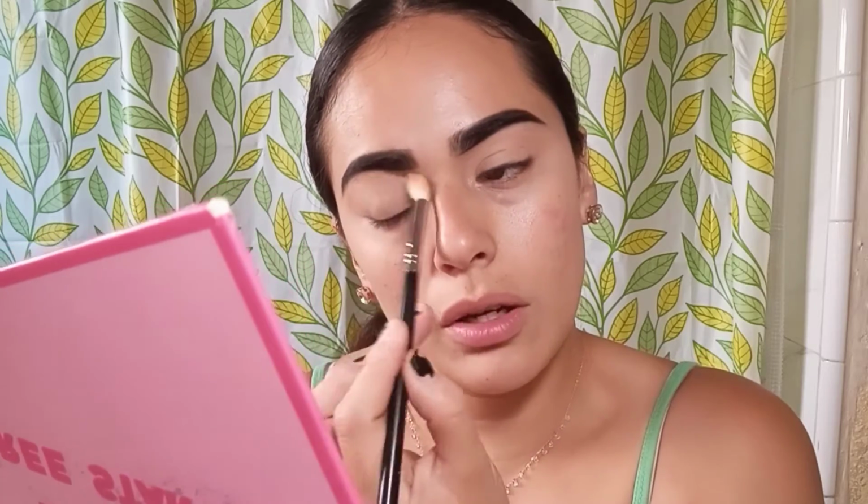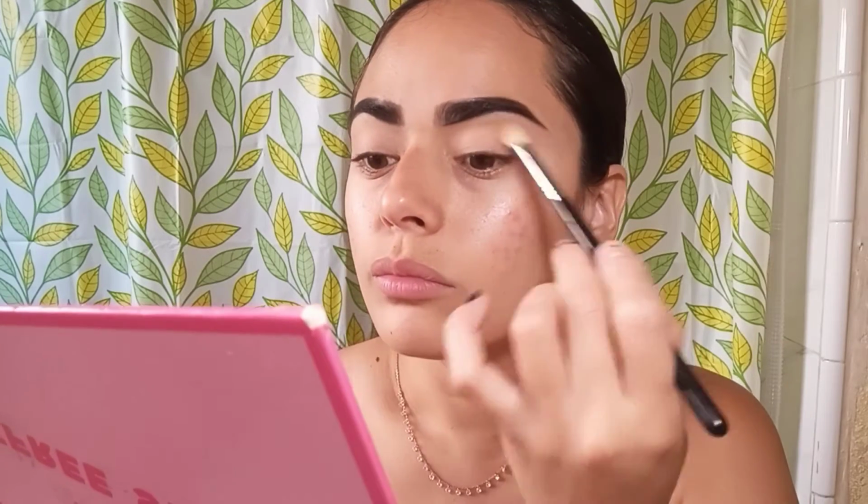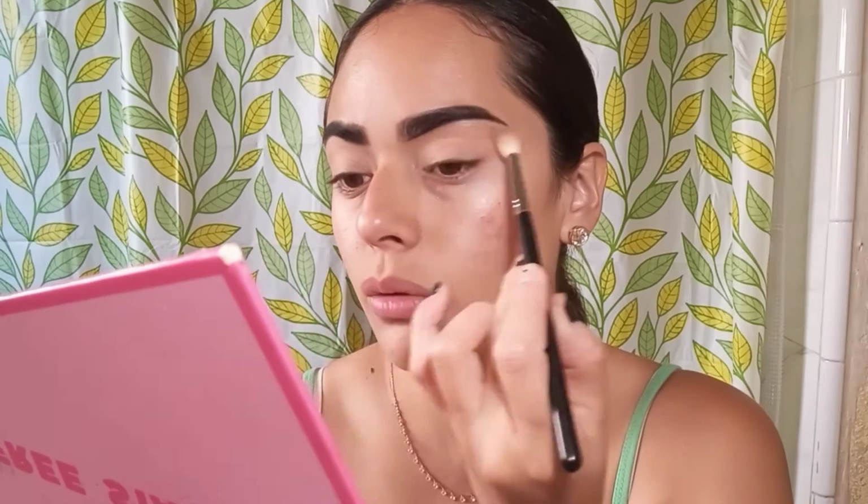So this is a very soft pink look. I feel like it looked really pretty the other day, and I feel like I just need to recreate it. I feel like it's a really good makeup idea, and it's not hard at all. We're just using that nude right here in this area all over